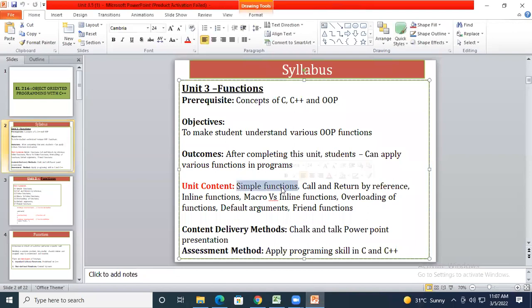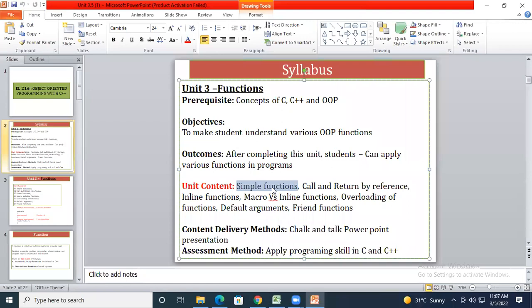I'll quickly revise. We have started with functions, and in functions we have seen a total of 4 different types: the function without return value with parameters, the function without return value without parameters, the function with return value with parameters, and the function with return value without parameters. These are the 4 cases of function, and we know how we are going to write a function. We first need to declare, then define, and call it by using the main